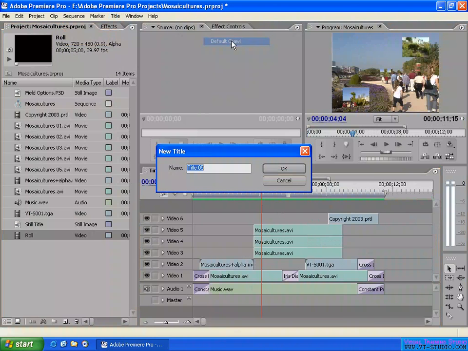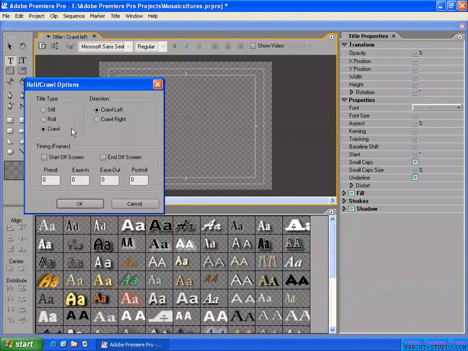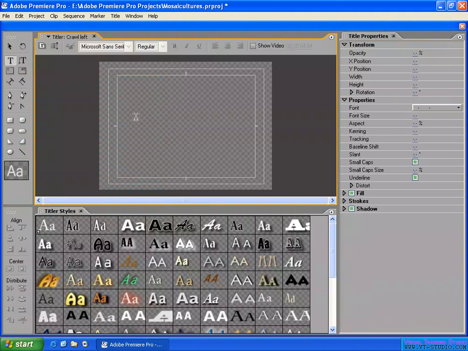That's the crawl title. I call this crawl, and this crawl from the left, just like this, from the left, crawl left. Here I will select the option crawl left, and okay, start off screen, end off screen. And here the crawl, they have a horizontal scroll bar here, so we can create